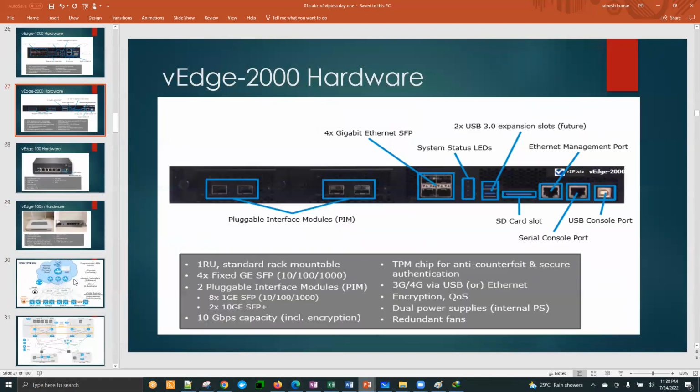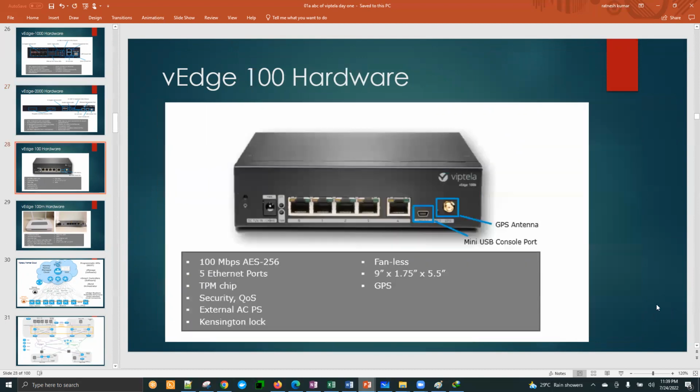Yeah, let me see. So they have what? Just a second. Yeah, TPM. So TPM chips are there inside VS devices, and TAM is there in CH. The TPM chip is for anti-counterfeit and secure authentication. What these TPMs are doing,